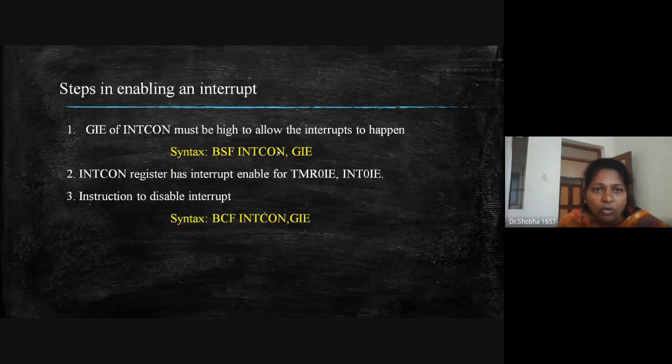Okay, so then how do you set it? So hope you all remember this. Do you remember this instruction? So can somebody tell me what is the meaning of this? The first one. BSF. What is the meaning of BSF?